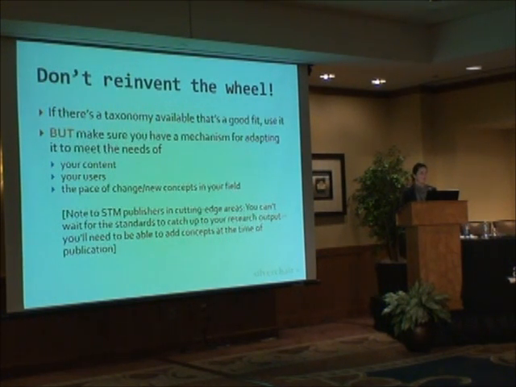If you publish in cutting-edge areas, even taxonomies like UMLS that's available from NIH are too slow for you. I mean, you want to be able to add new concepts into your taxonomy as the literature is published. So you're the front line of this. You're the people publishing cutting-edge research. You're the people who are defining the language of the domain and the new concepts. You want to make sure that you have a way to adapt your taxonomy on maybe even a daily basis. So you're going to have to depart from standards at some point, but you want to stay connected to them.